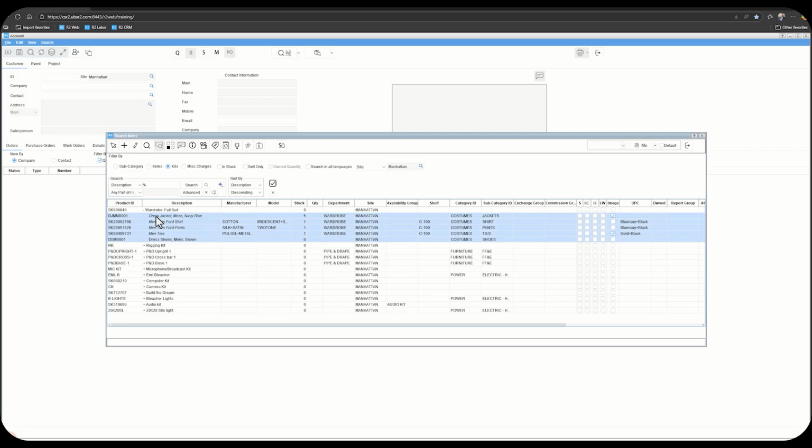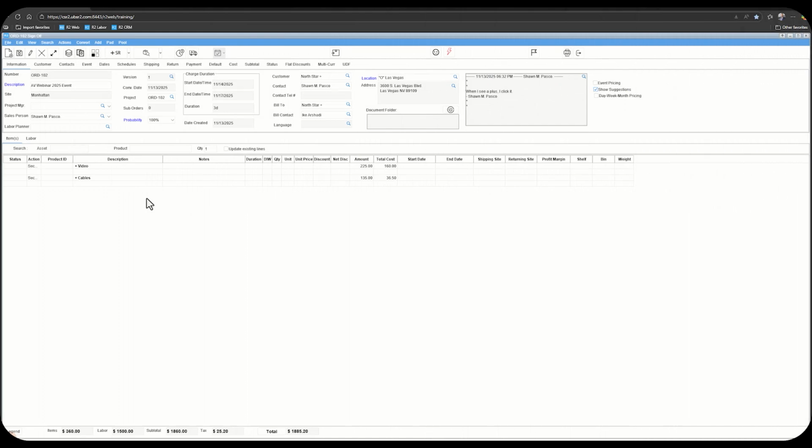Now, let's go take a look at an order for another example. From an order, there were many ways to expand or collapse a kit or a section. Here we're looking at a couple of collapsed order sections. Previously, to expand a section or kit, one had to highlight it and click on the Expand Collapse button at the top,